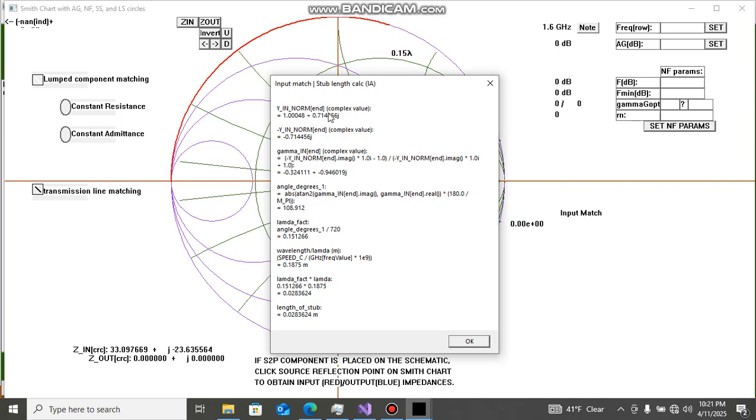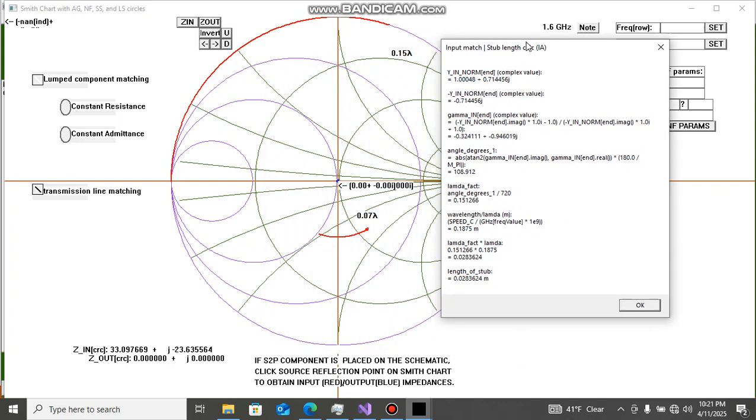So we want to negate it. So we're negating this 0.7 here. We don't want complex values when we're matching. So we want to make sure everything goes to the center of the Smith chart. So all of this is calculated up to there, then the length of the stub becomes